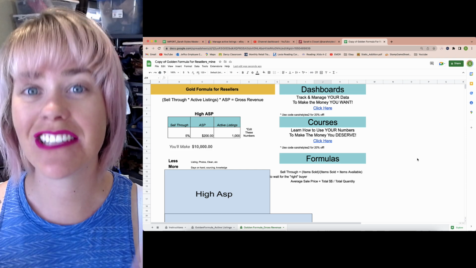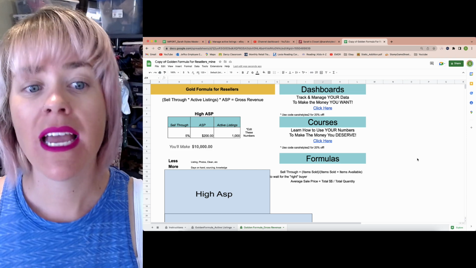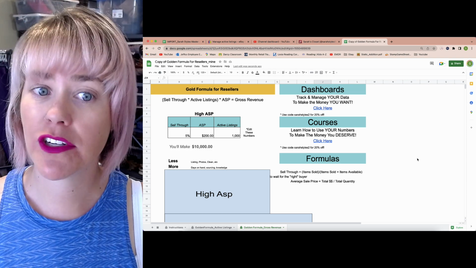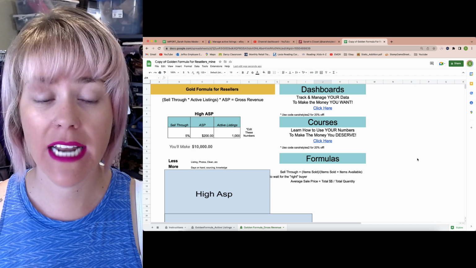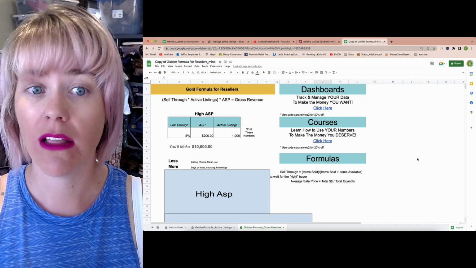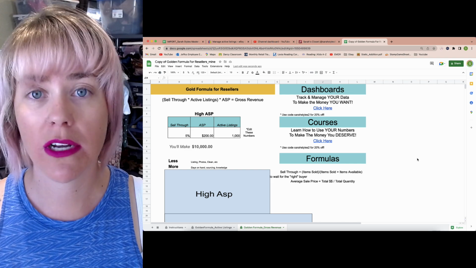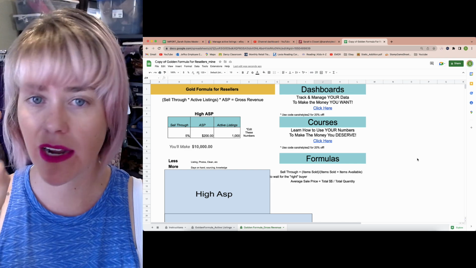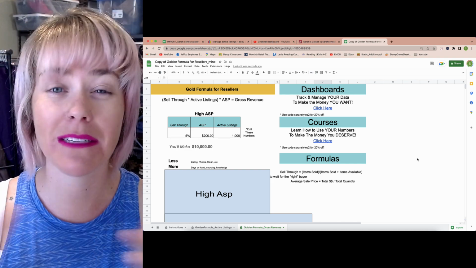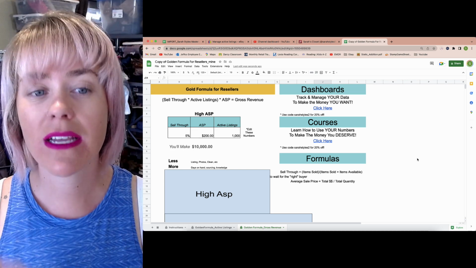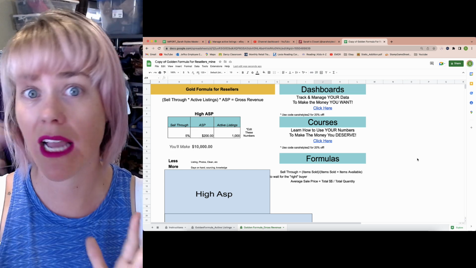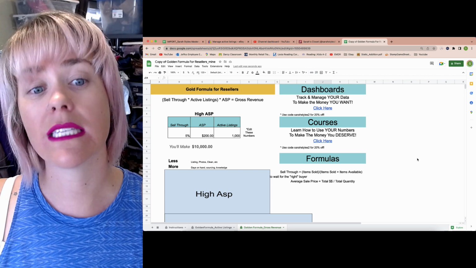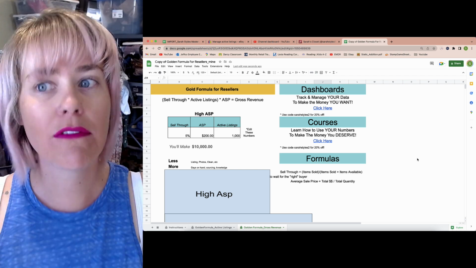All of those tasks, you're going to do less of them. However, you're going to have your items for longer. Your days on hand are typically going to be longer, a lower sell-through rate, people spending $200. Typically, unless you find these BOLO items, which it's hard to make a business off of, typically $200 price items, really high average sale price items, are going to sit a little bit longer because not everyone has